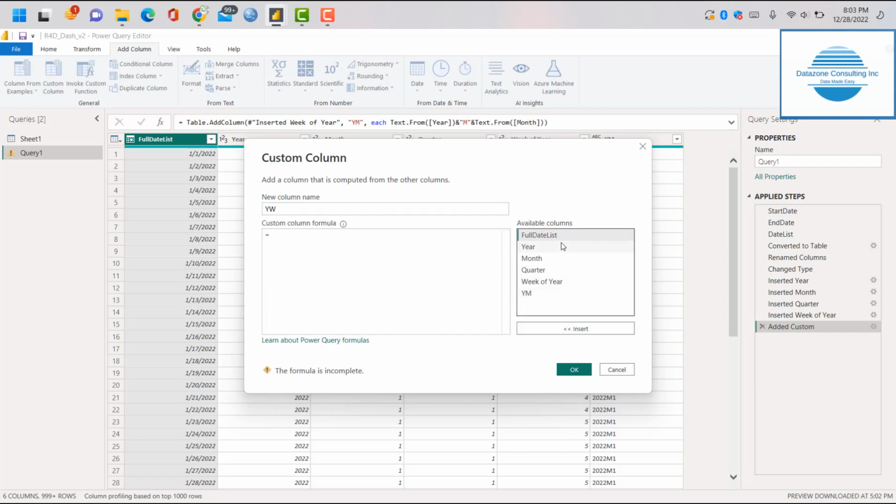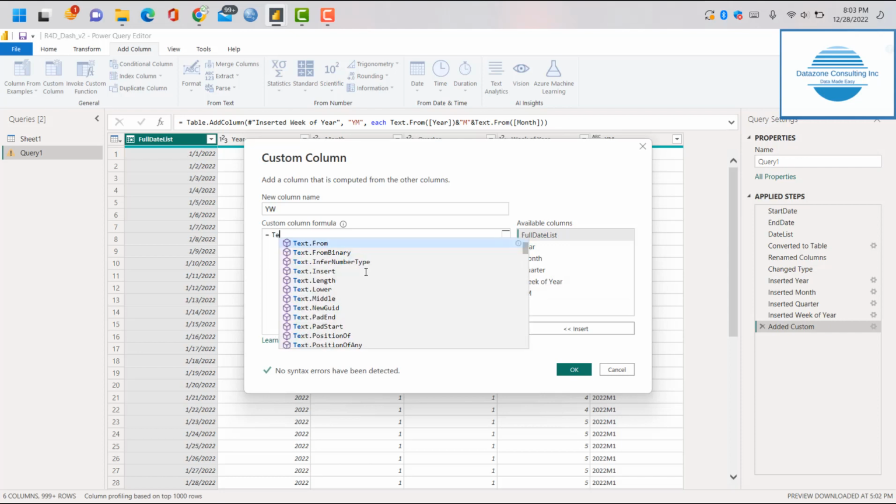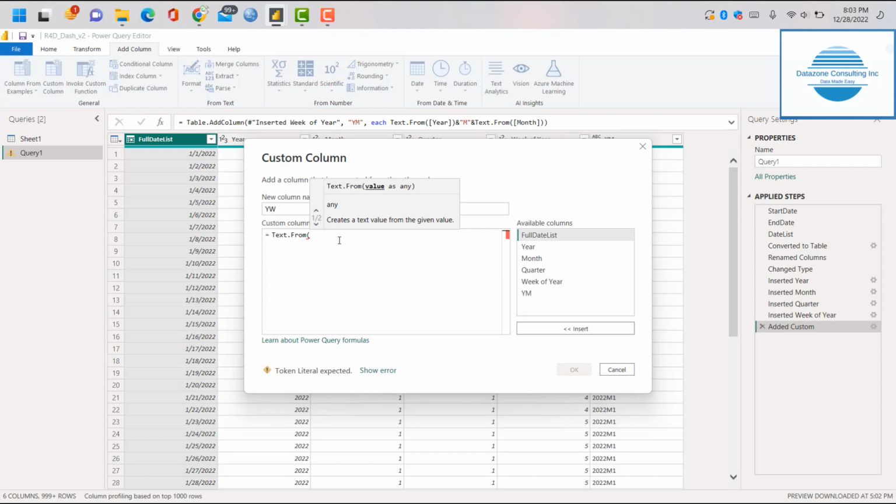You need to call the text out of those numeric column names. So we do text from, and here we have year. Remember, columns are always held in square brackets. So you have the year over here. No, that's a curly bracket. Yeah. All right. Wrap it around it. Then we're going to add W, just to show the week. And then another text